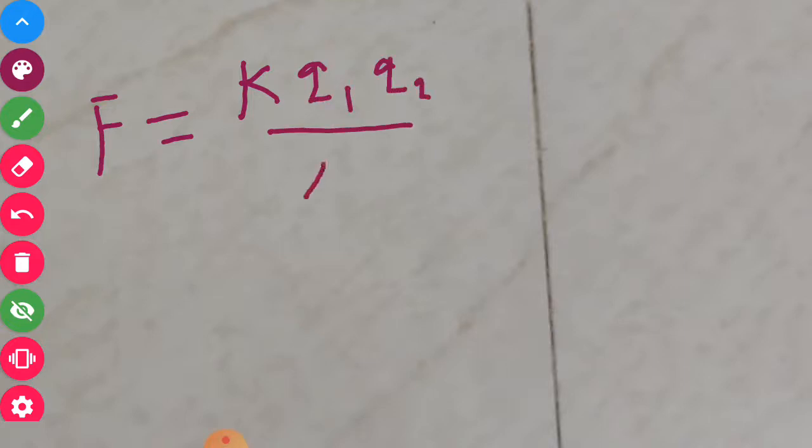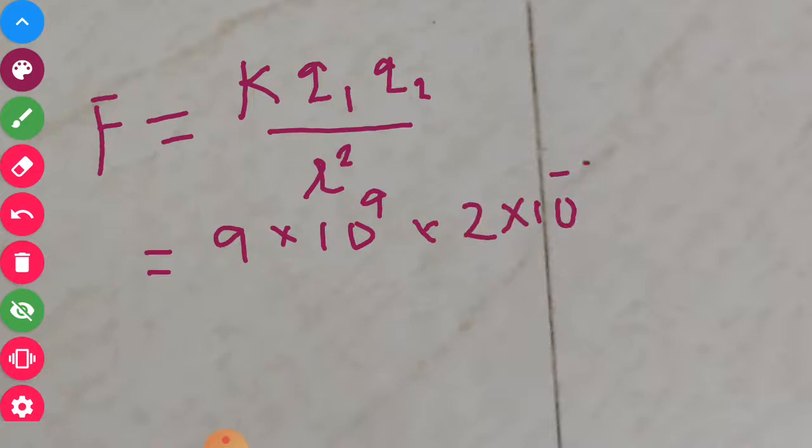So we shall use this formula: F is equal to K Q1 Q2 upon R square. Now K we know, 9 into 10 raised to 9. The first charge is given, it is 2 into 10 raised to minus 7 coulomb, and the second charge is given, 3 into 10 raised to minus 7 coulomb, and divided by